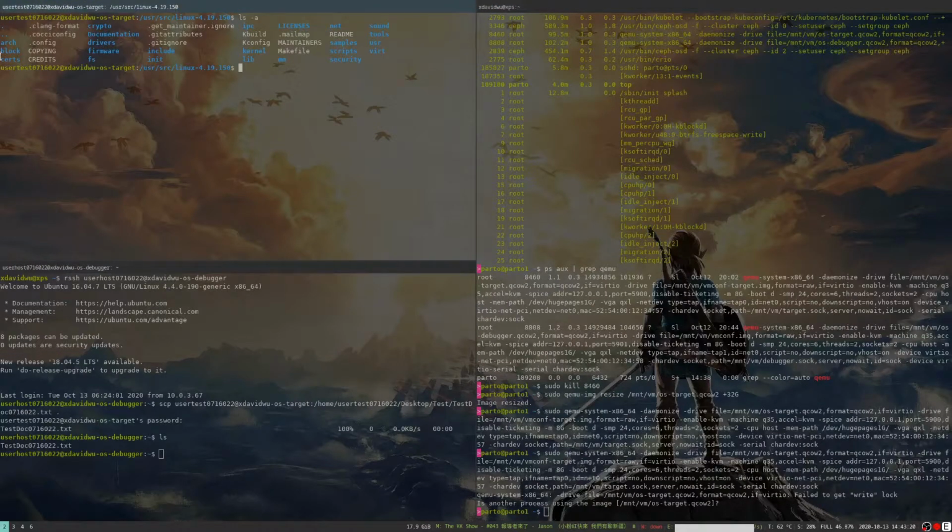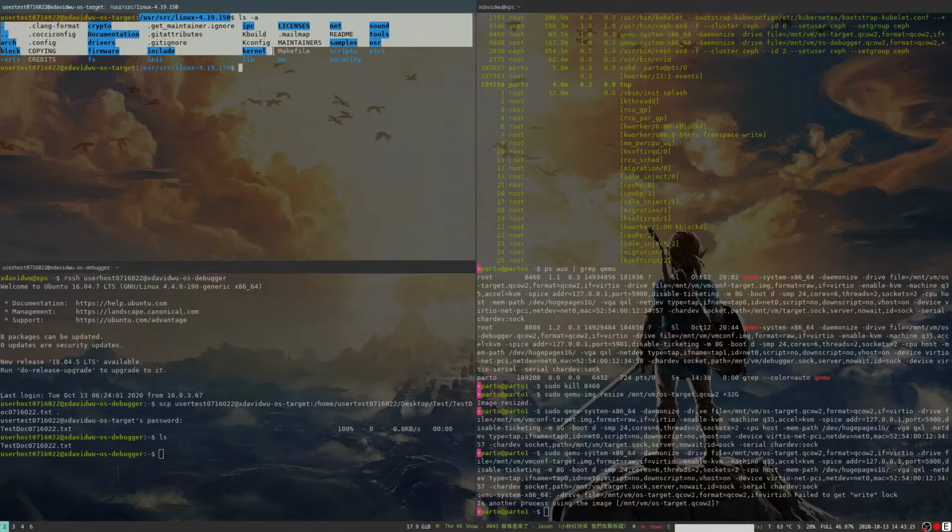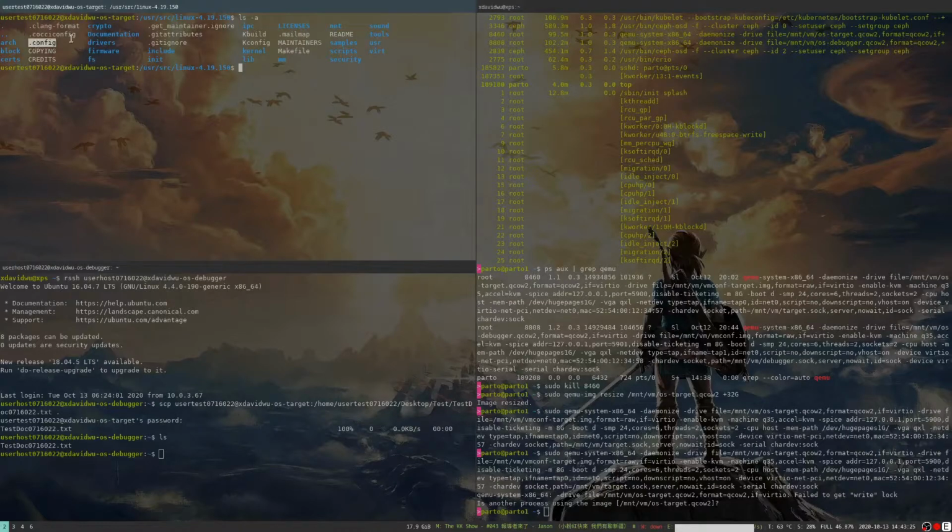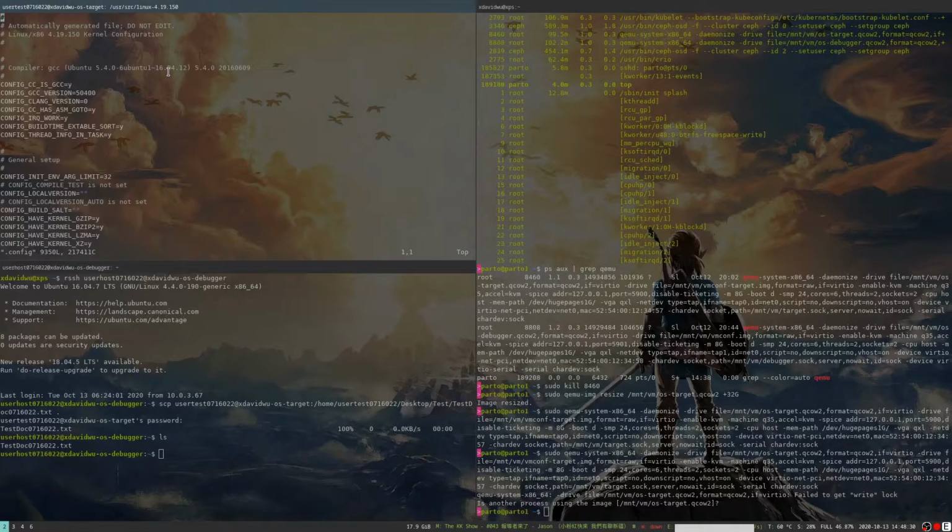I have finished extracting the Linux kernel source and copied the config. I've chosen branch 4.19. However, my machine is on 4.4 since it is not using the Ubuntu hardware enablement kernel. I will still go with 4.19. Well, I have finished configuring my Linux kernel, and I've checked that